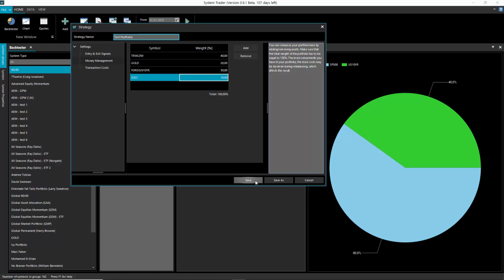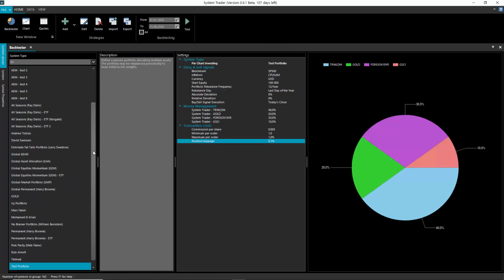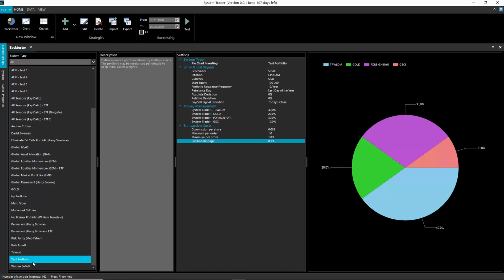Right, and save it, and here it is. We can see our test portfolio created here, and we can confirm that we have what we selected. So we have world stocks, the global stock market, 40%. This index doesn't include the emerging markets, so just to make you aware of it, some of you may want to also add some emerging markets. Then we have gold, 20%, we have bonds, 30%, and then we have